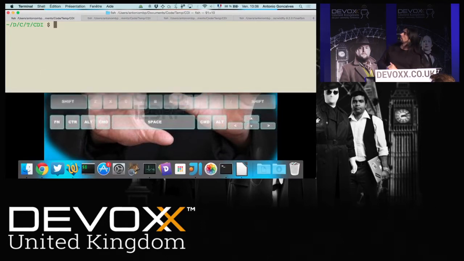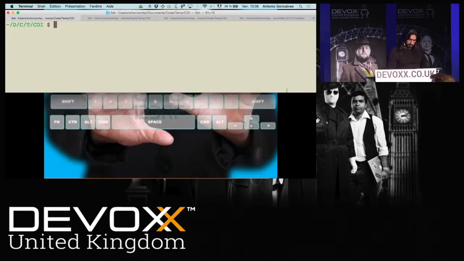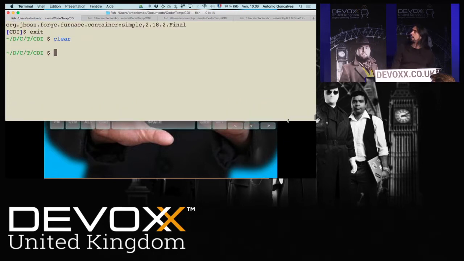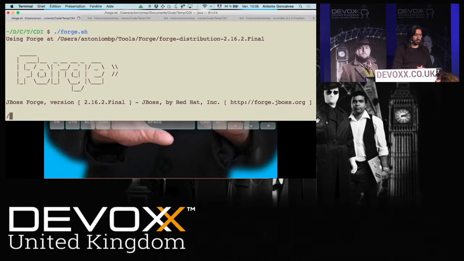So I'm going to use the terminal. I hope you can see it okay from the back. So you go to the internet, you download a zip, JBoss Forge, you unzip, and it's ready to go. Under the bin directory, you have a shell called Forge, and if you execute this shell, here I'm using the latest 2.16.2 that was released on Monday, actually, and then it's a shell.